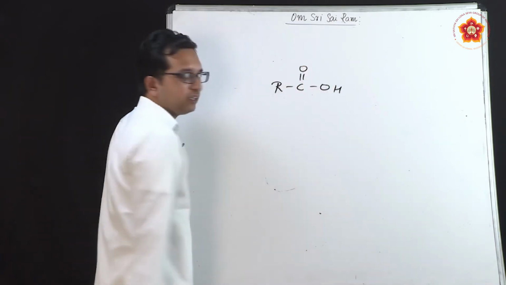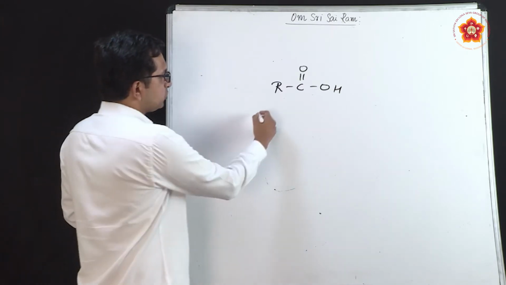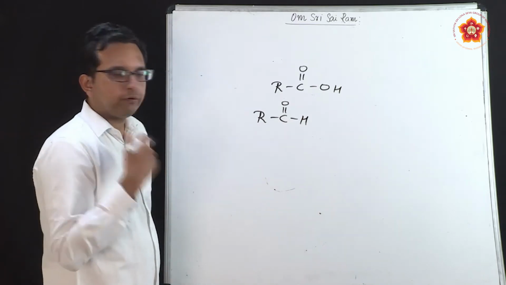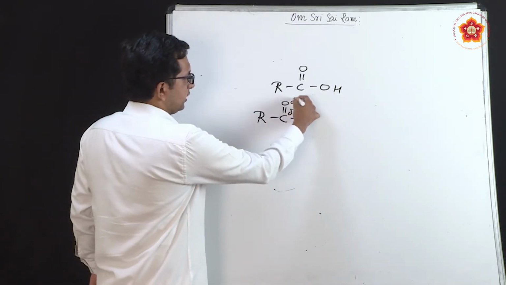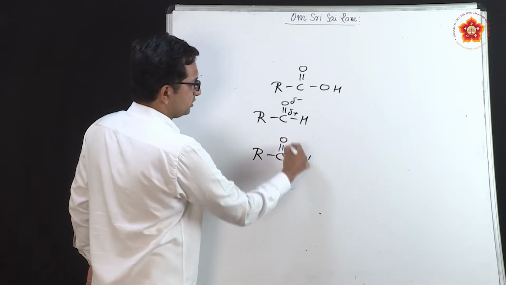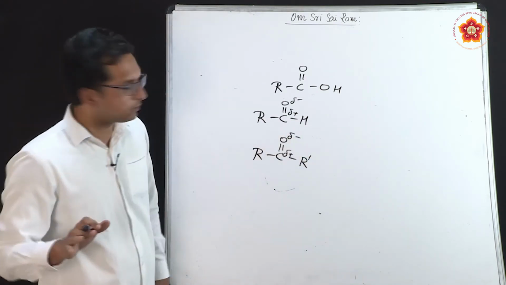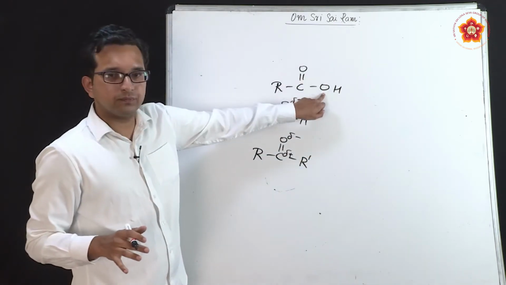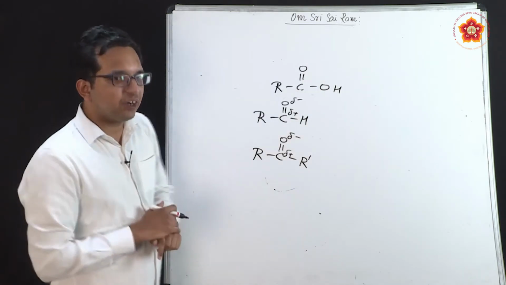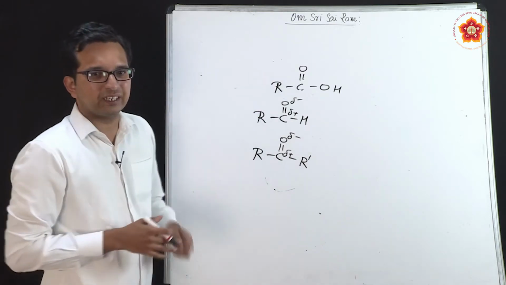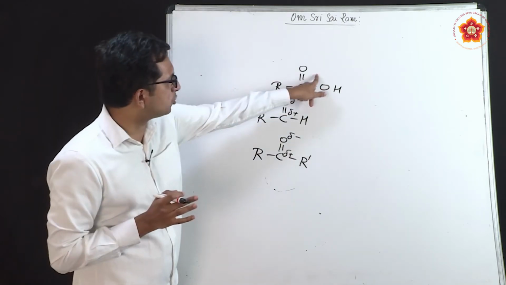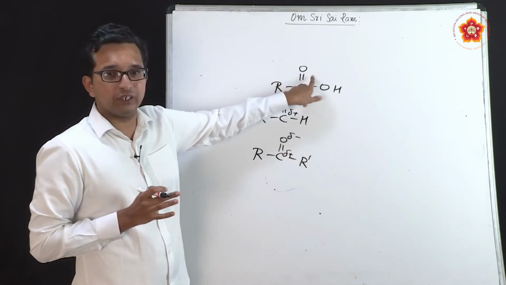Now, the moment this is RCOOH, in earlier compounds the advantage was that the electronegativity difference was basically delta plus, delta minus, or in ketones it was delta plus for this, delta minus for this. That was clear cut. Now, here there is a problem, that you have a carbon and you also have two oxygen atoms. So, the question now is, where should the basic cutting be seen?